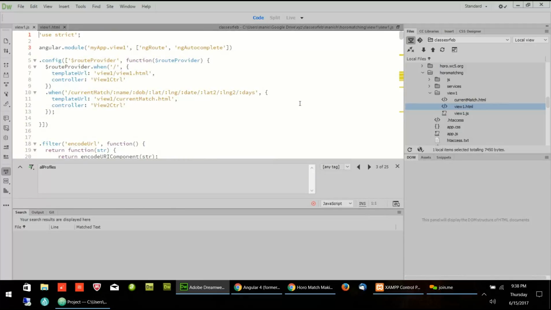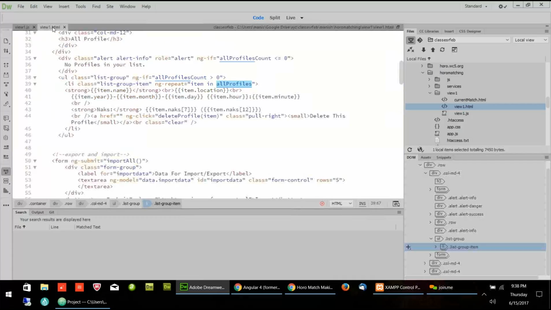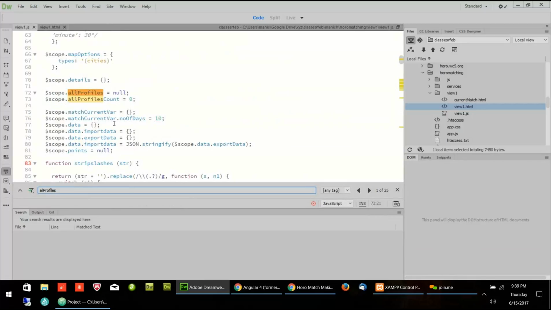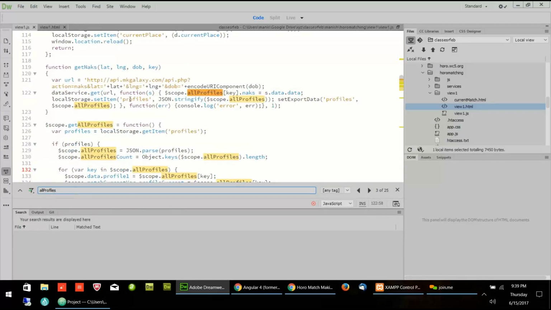I understand what you're saying. You don't understand? You guys have to try it. So you did it all in the console.log for testing, and then once the testing was done, you changed it to be in the HTML. Yeah, I put it in the HTML like this. This is a variable, all profiles, which I created here in the JavaScript.